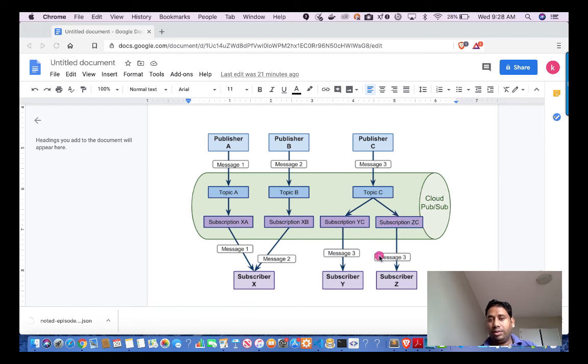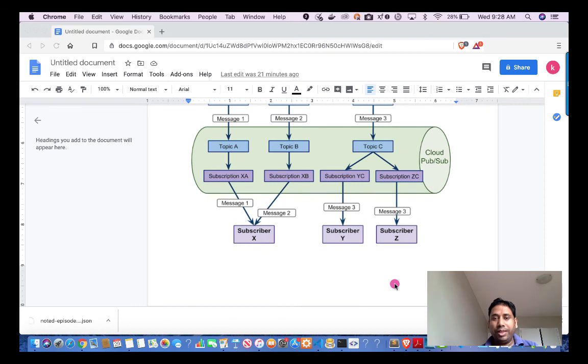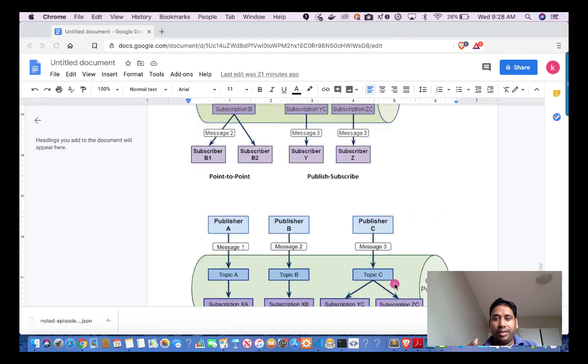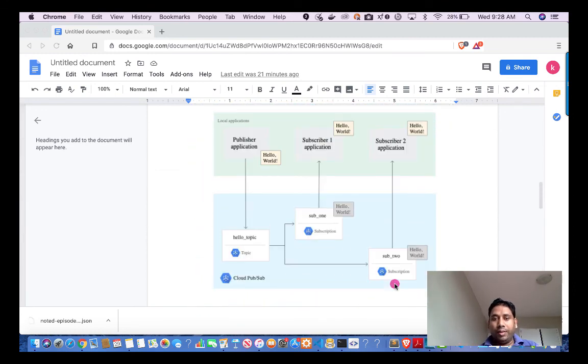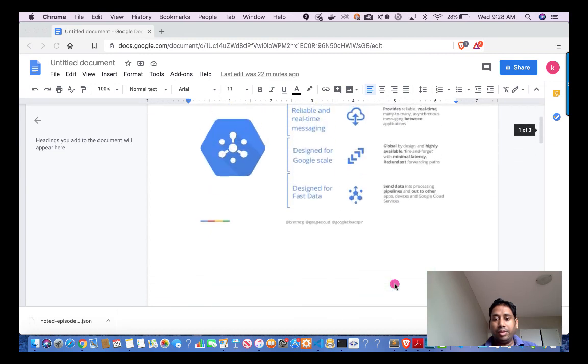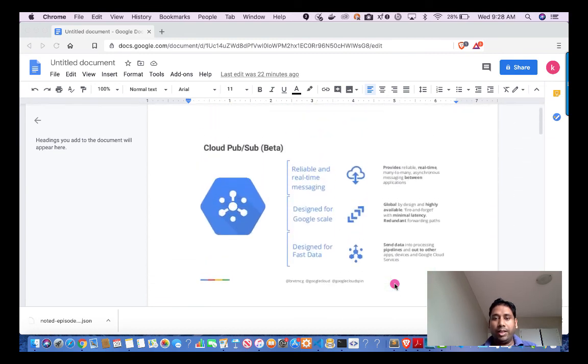So I feel the concept of PubSub, the various patterns which we can achieve, and how we get the delivery guarantee is understood. Using Cloud PubSub, we are able to design real-time systems, and those systems are not directly connected. I can write one system in one application and another system in a different application, in a different language.